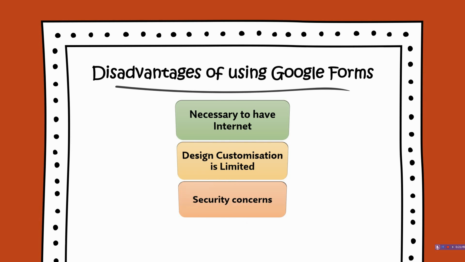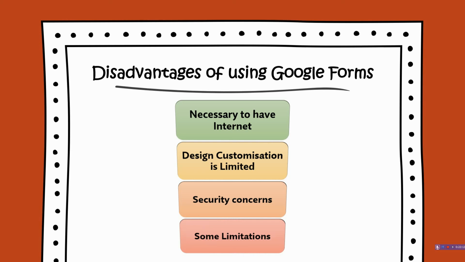And the next, security concerns. There are some security concerns. The user has to create a good password and protect it to increase the level of security. A good password is only needed just to rule out the security concerns of using Google Forms. And the last one is some limitations. What are those some limitations?